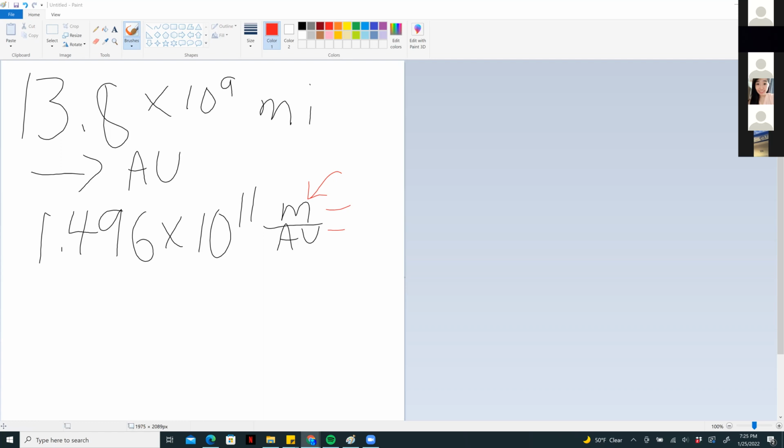And I don't happen to have that off the top of my head, so I'm going to get it real quick. And we're going to need that one too. So we also have 1 mile equals